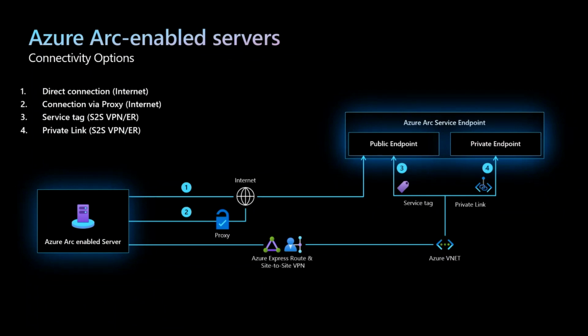Here, I'm just showing you a high-level view of how you can have your Arc-enabled server, or something somewhat similar for the Kubernetes cluster, or Arc-enabled Kubernetes cluster, and how it connects to Azure. You can go directly over the internet. You can use a proxy, or you can utilize Azure ExpressRoute or site-to-site VPN and take advantage of Private Link to connect to the Azure Resource Manager itself. But all it needs is an outbound HTTPS connection. There is nothing going back to your customer's account, or to the server or the cluster that is Arc enabled.